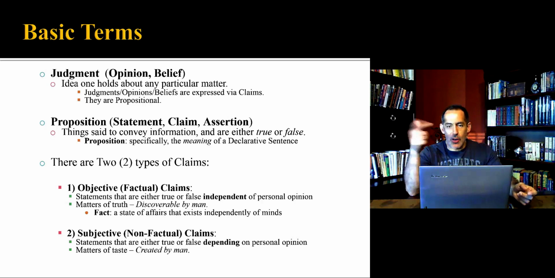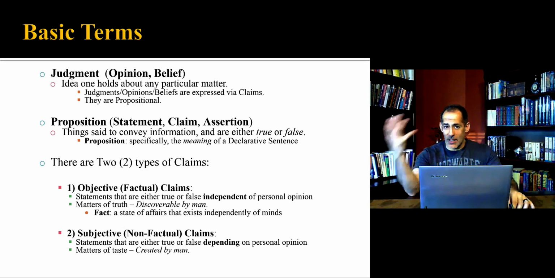Like, I believe the earth revolves around the sun. I believe it's sunny outside, but the sun is actually beginning to set. Okay, those are beliefs, but I could just as well call them my opinions. It's my opinion that the earth revolves around the sun, or it's my judgment that the earth revolves around the sun. Don't assume that because it's my opinion, therefore it's something that's merely subjective. Okay, it's my belief. That's all opinion and belief, judgment mean.